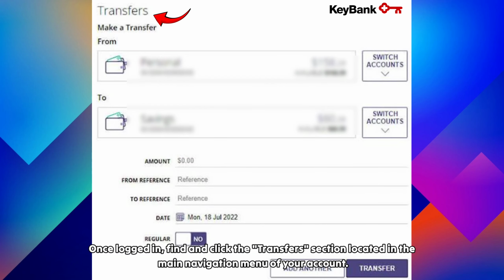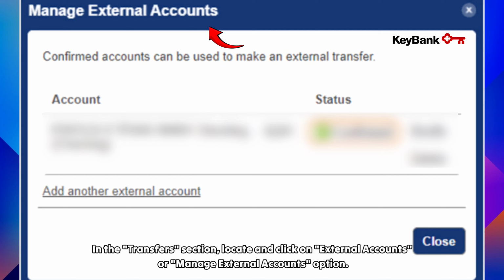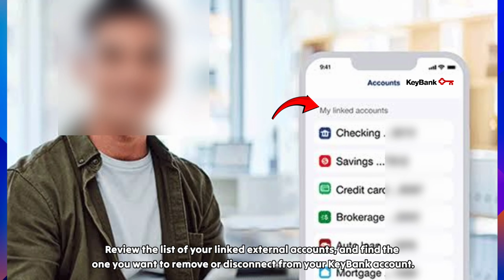Once logged in, find and click the Transfers section located in the main navigation menu of your account. In the Transfer section, locate and click on External Accounts or Manage External Accounts option. Review the list of your linked external accounts, and find the one you want to remove or disconnect from your